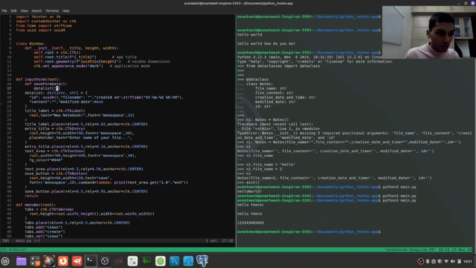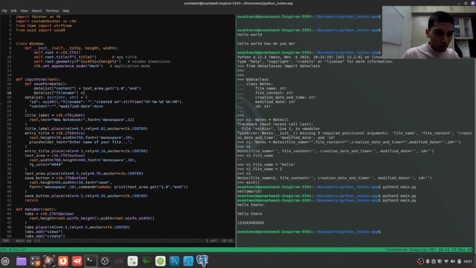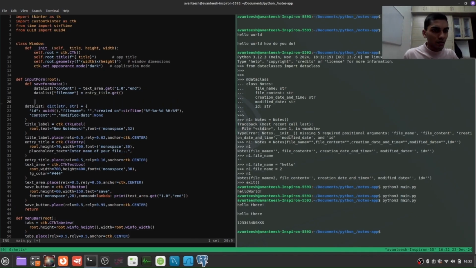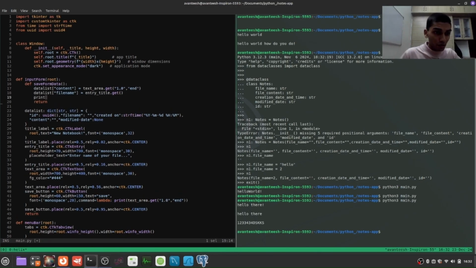So I'm going to say content equals to text area dot get. Alright, so that's pretty much it. Now the only thing we need to do is save this data, but for now I'm just gonna print it